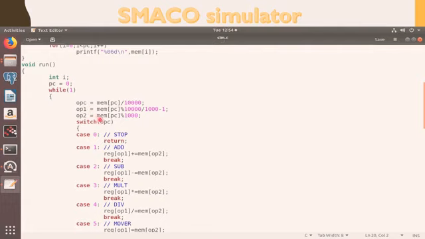Now we will have to work with the opcode that you have got. Whatever opcode is there, in that way you will have to perform the actions. If your opcode is 0, then we will stop the execution.